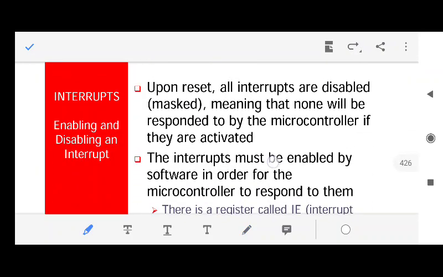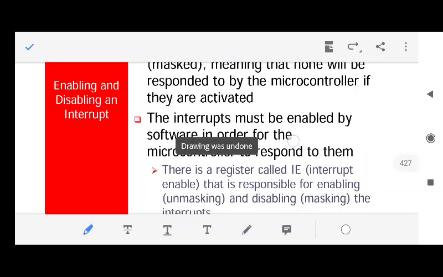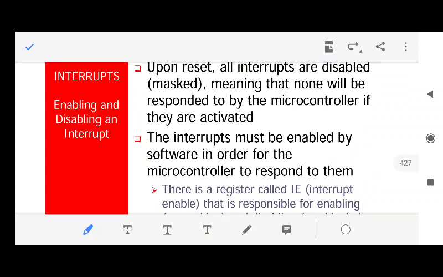Let us move forward. This is all about the reset. I have already explained it, so please go through this slide to see what the reset will do. Now one more thing which is important: whenever a reset occurs or whenever any interrupt occurs, what happens?